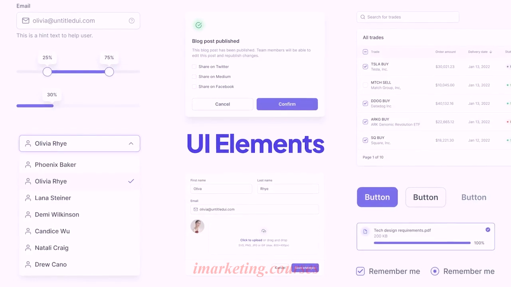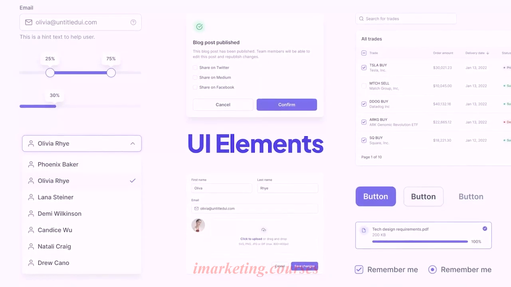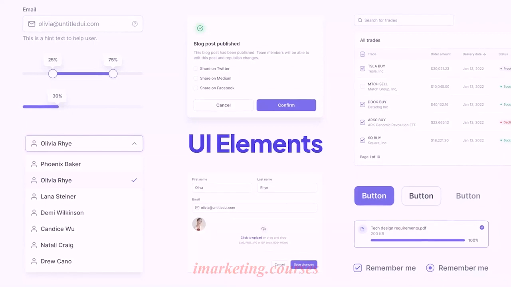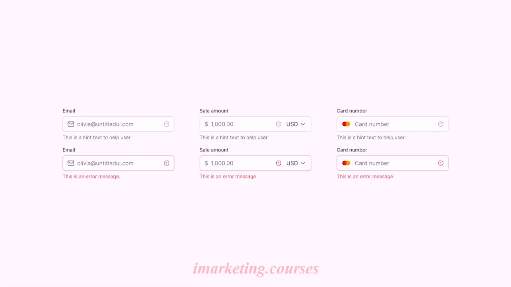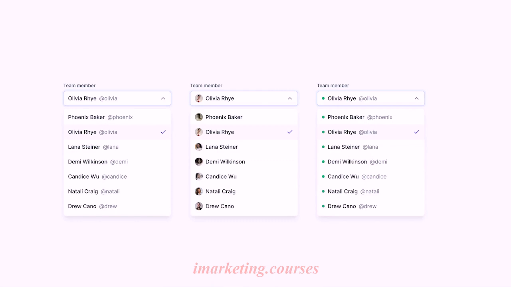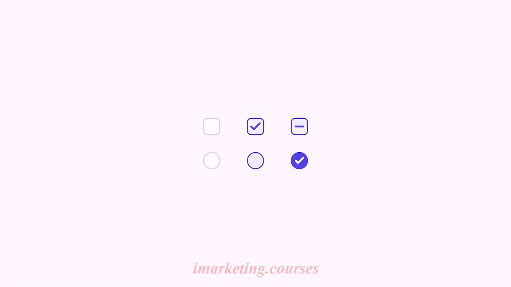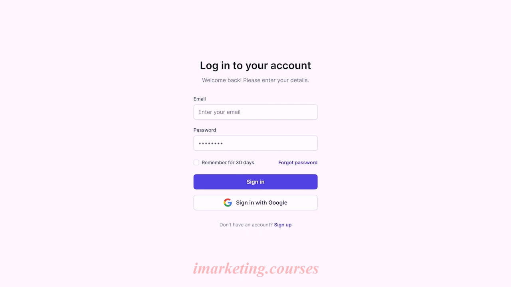UI elements are the building blocks of a user interface. They are the visual and interactive components that users see and interact with on a screen. UI elements can include a wide variety of elements such as buttons, text fields, drop-down menus, sliders, checkboxes, radio buttons, and more. Each element has its own unique purpose and function in the interface, and together they form a cohesive